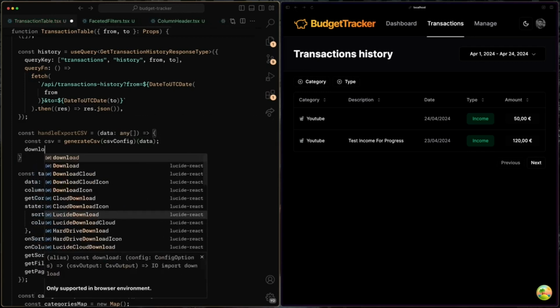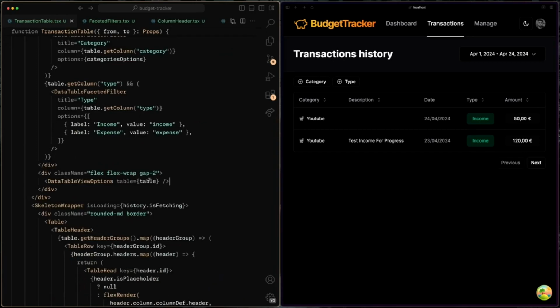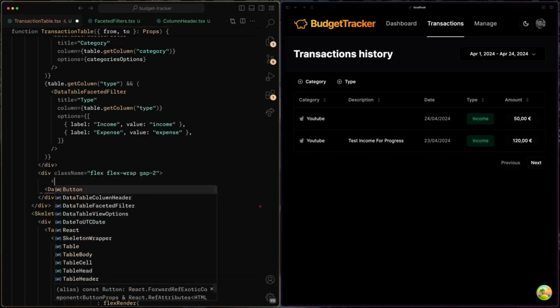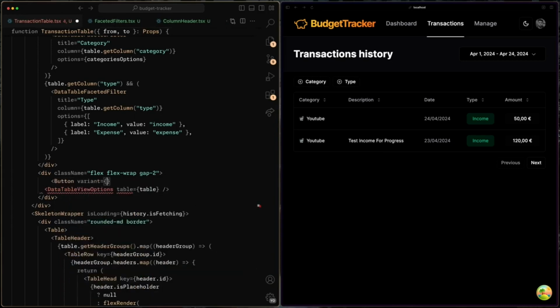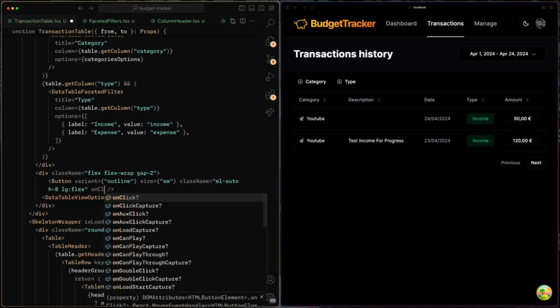And then we are going to call download CSV config. Again, this returns a function, and we are going to call this function with csv, like that. Now we need to create the button. So let's go where we have defined the data table view options. And before that, we are going to create a button, variant outline, size sm, className ml-auto h-8 lg:flex, like that. Let's close the button tag,